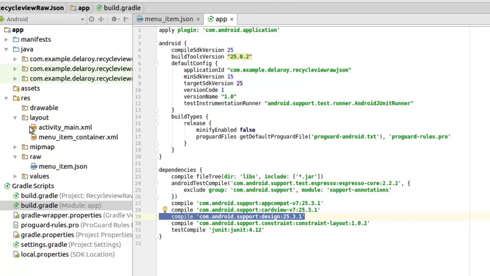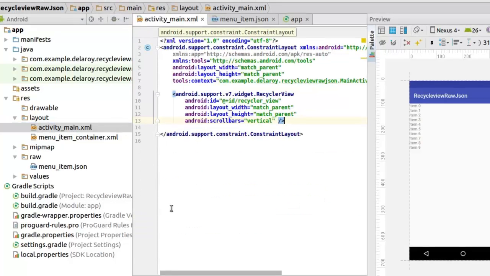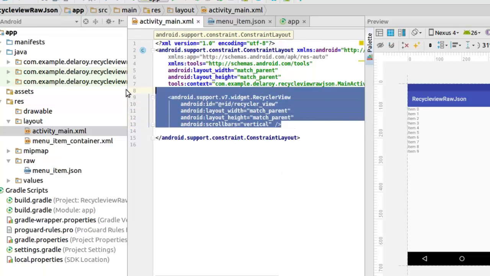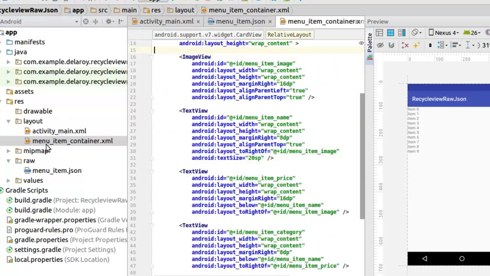From here, I'll be heading straight to the layout. Let's see the layout files we're handling here. We have the activity main, which is the launcher. This is just a simple RecyclerView XML, where we have a RecyclerView. We assign an ID called recyclerView, and the layout width and height are match parent. It's quite simple. And we have the menu item container that's going to actually